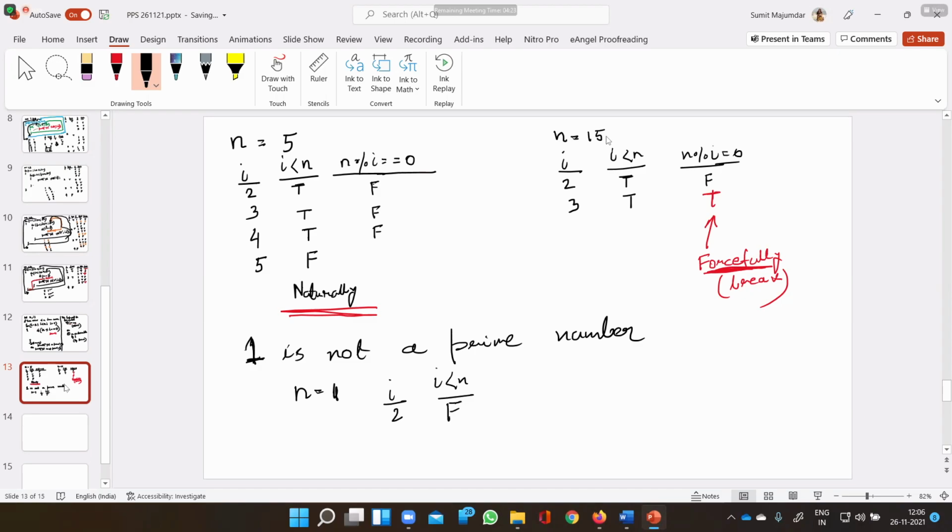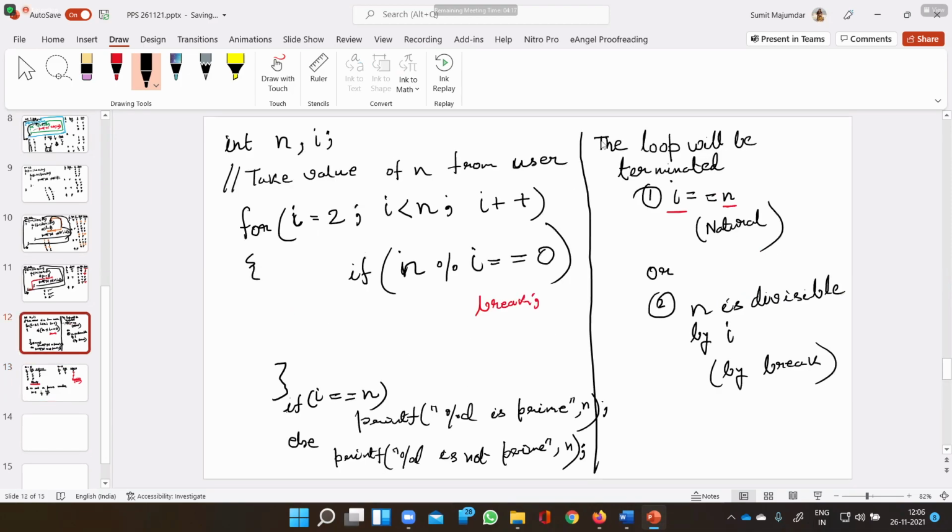Now if this is false, where will it go? It will skip the loop. It will not enter into the loop, which means from here it will come to the if statement. In the if statement, what will it check? I equals to n. Is this true or false? Obviously false, because the I value is 2 and the n value is 1, so that is false and it will go to the else. Clear?